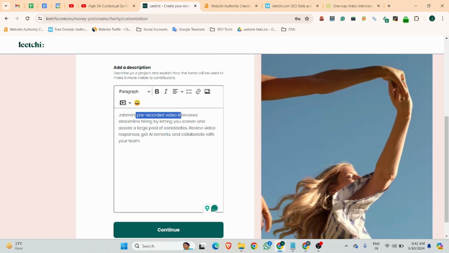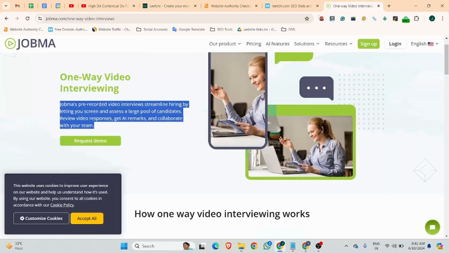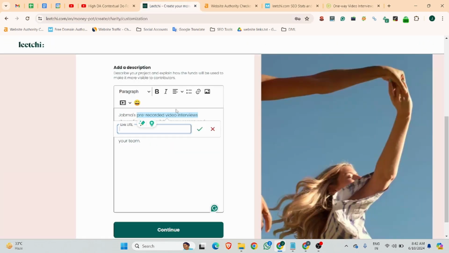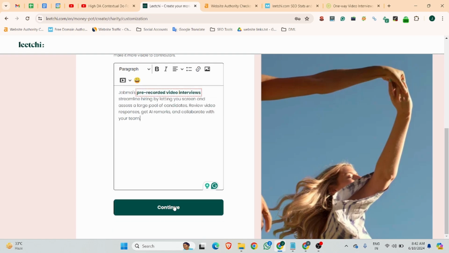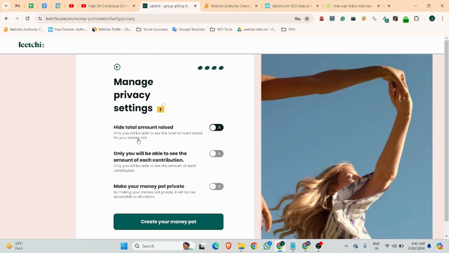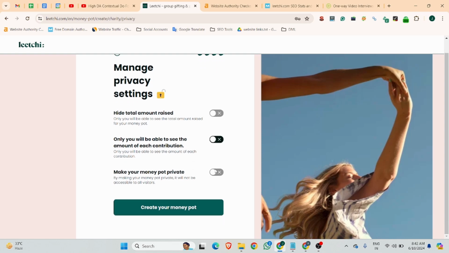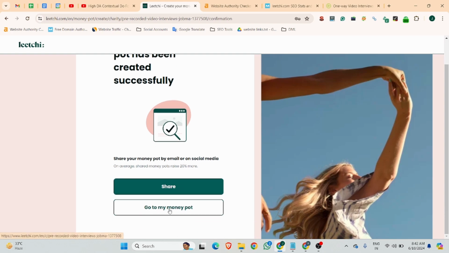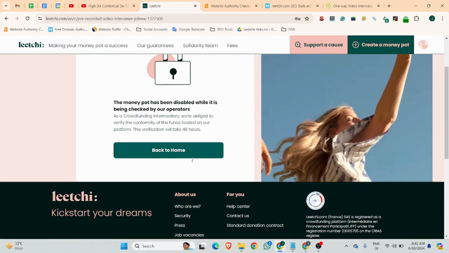So this is pre-recorded video interviews, and there I am going to insert the backlink. Let me make it bold, and you can click the continue button. Hide the total amount raised, only you will be able to see the amount of each contribution. Make your money post private. Now create, and you can go to your money post.